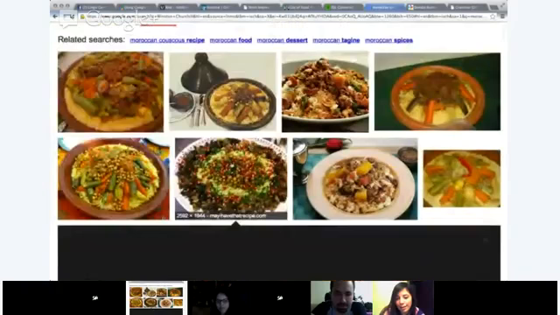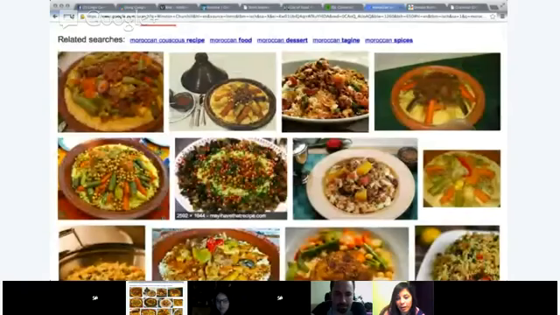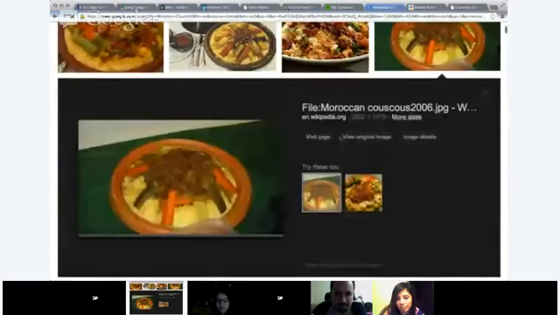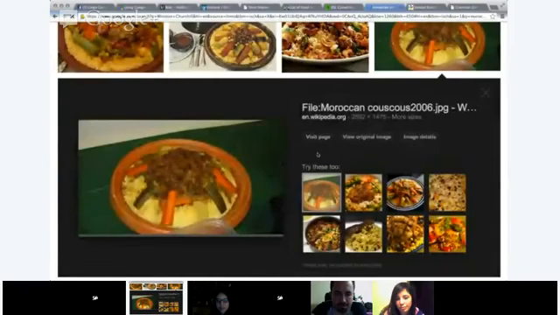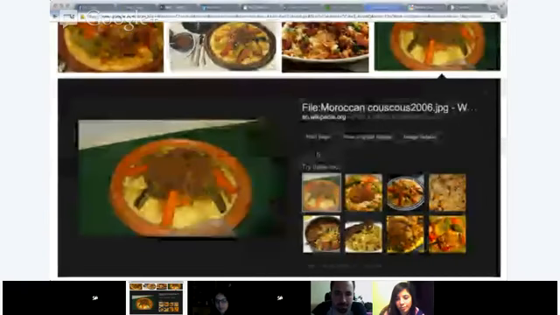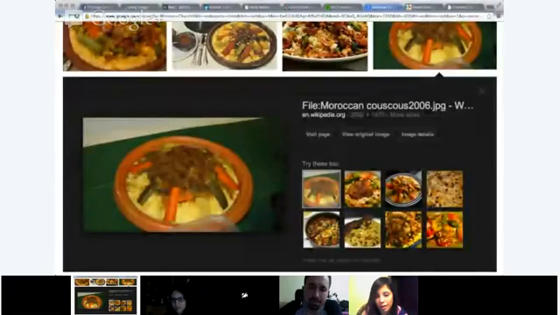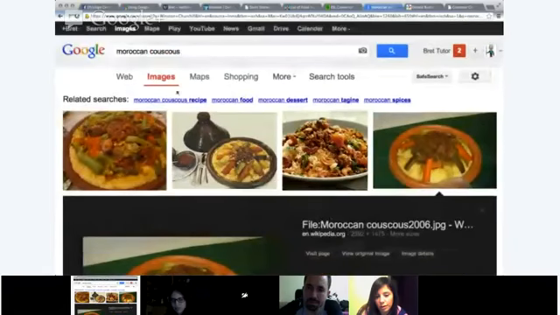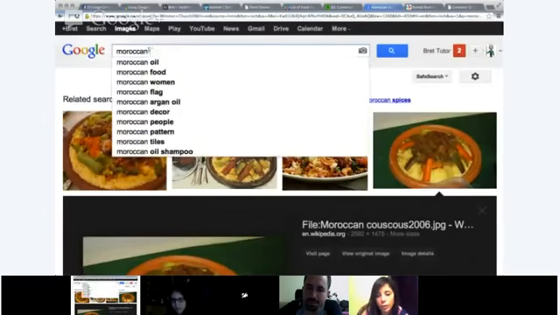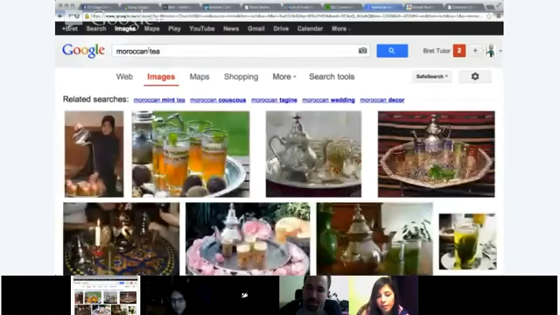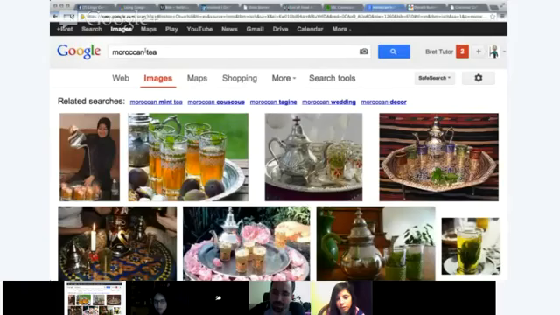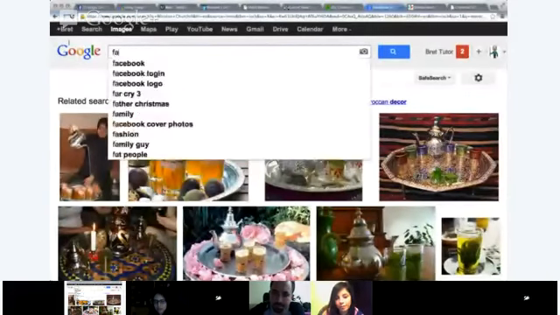Did you try it in a Moroccan restaurant? We eat couscous every Friday here in Morocco. Why do you prepare couscous every Friday? Because it's a tradition. When people come back from praying in the mosques, they eat couscous.